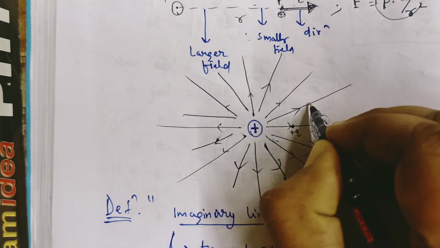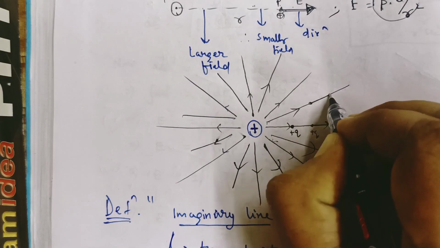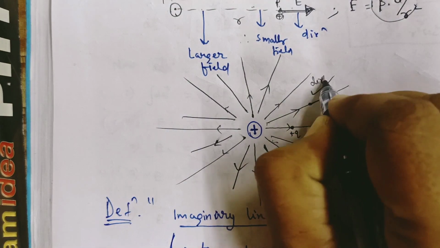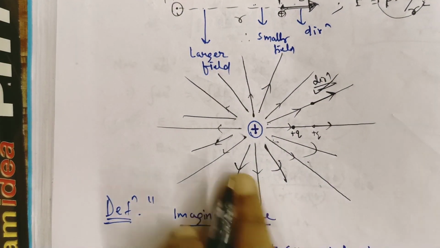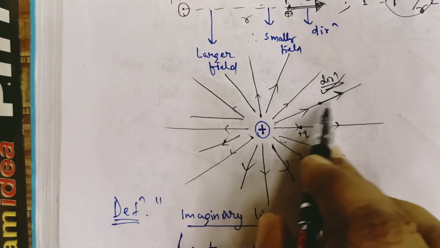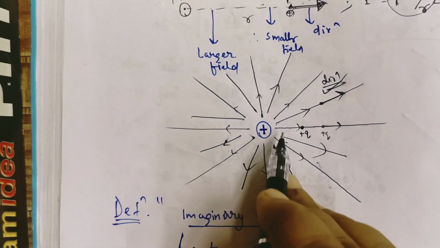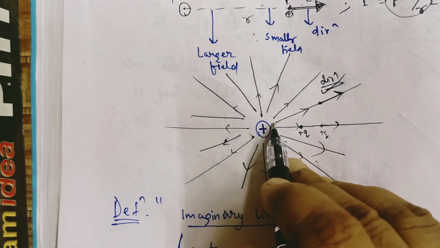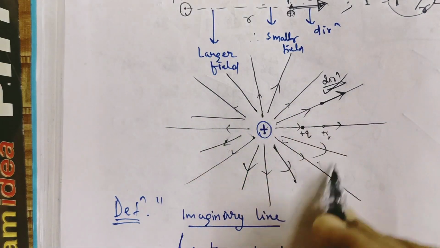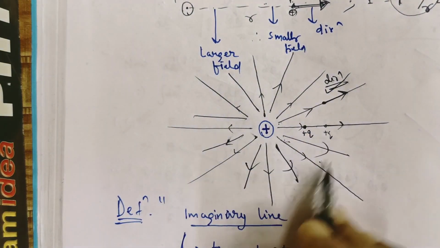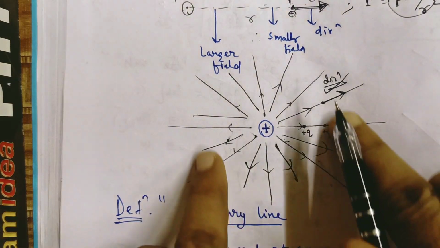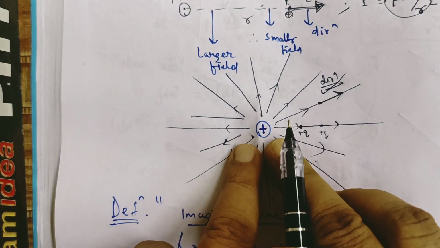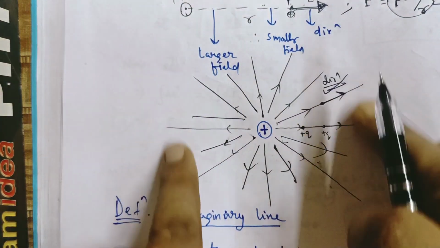A very simple answer is, any line you draw a tangent. You draw a tangent that represents the direction of electric field intensity. Now you see the picture, the lines of force, these imaginary lines are very crowded near the source charge and very far away from the source charge, that means the lines of force are wide apart. There is a large gap, but here is a small gap. That means near the source the lines of force are crowded, and at far distance the lines of force are wide apart.